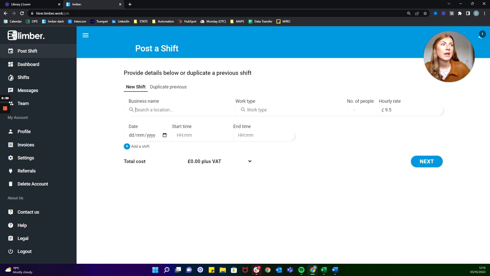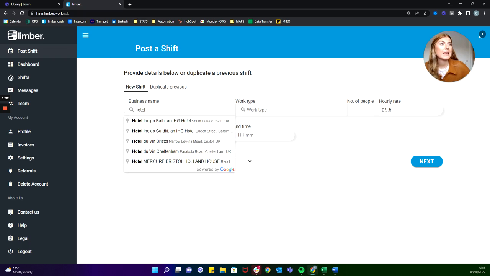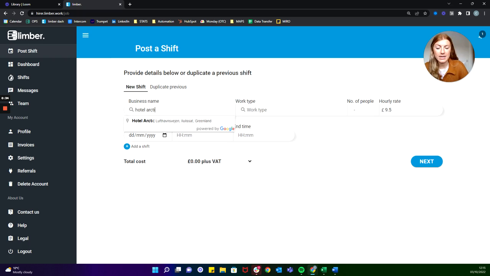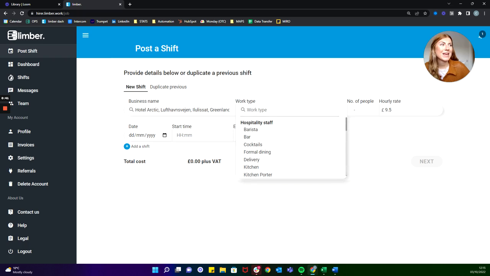So I'm going to put in my business name here, which is going to be Hotel Arctic, which is a random venue in Greenland, which I know we don't have any workers in that location. I'm then going to choose the work type. Now obviously these are all skilled jobs, so I'm going to choose a bar role here. The next thing I'm going to do is choose the number of people, so let's say just one, and then